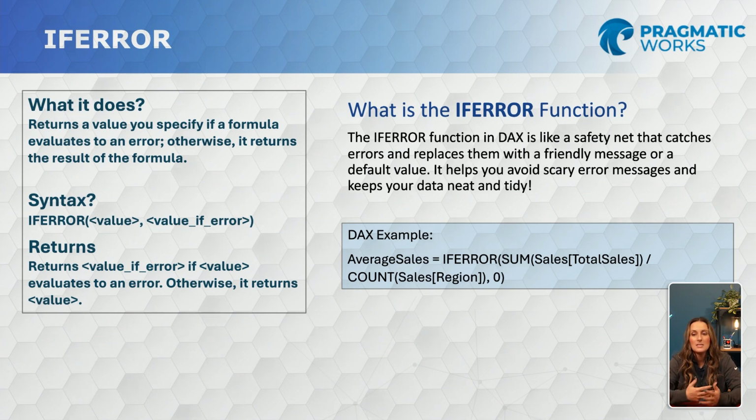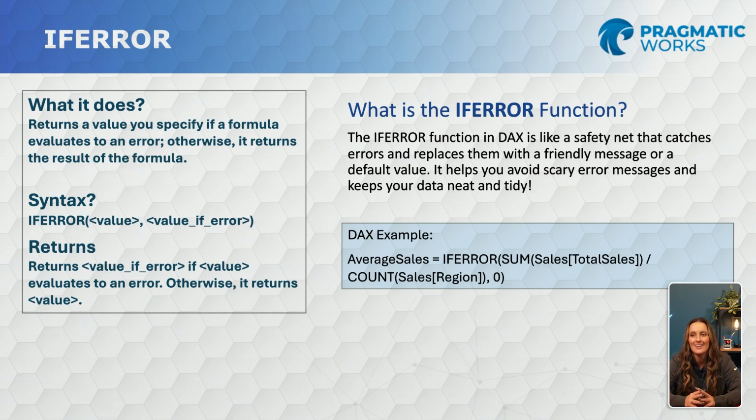And this is how you determine what you are going to want within your new column or within your measure, what you want shown in case there is an error within it. So this is almost like a safety net. It's going to catch those errors and replace them with something more user-friendly or something that just isn't hashtag error